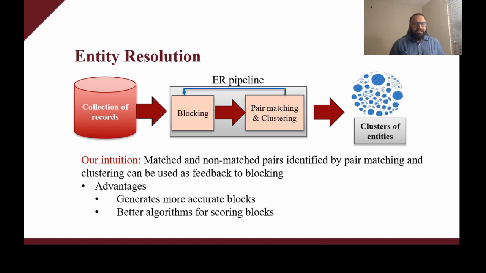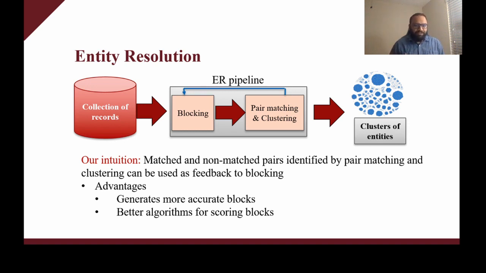At a high level, the pipeline is initialized with a default setting of the blocking strategy, and it is used to generate candidate pairs for pairwise matching. Then a small subset of the candidate pairs are compared, and its output is fed back into the blocking to fine-tune it. This updated set of blocks generates new candidates, which are used to perform matching on a new subset, and then again its output is fed back into the blocking. And this goes on and on until the